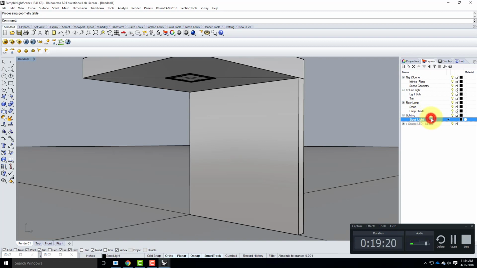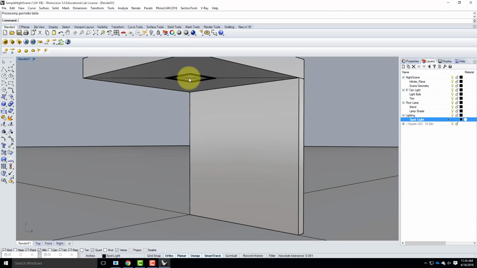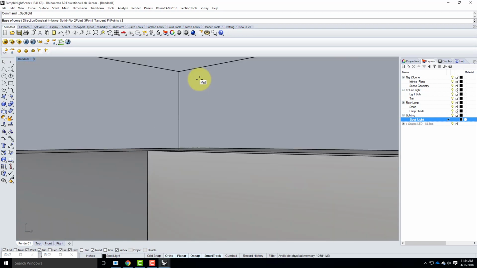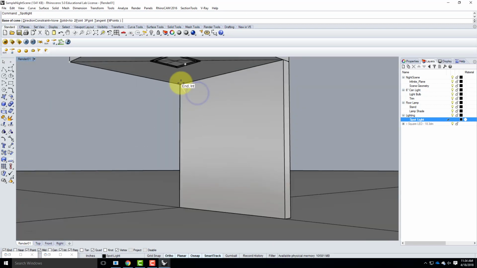And it's nice to do this because then you can go back and select all the spotlights together and change their settings. If you don't like how strong they are or how weak they are, you can go back and make those adjustments. So with that spotlight layer selected, I'm going to go back and create a spotlight. So I'll come over here to my tools. I'll click on Create Spotlight. And I'm going to snap